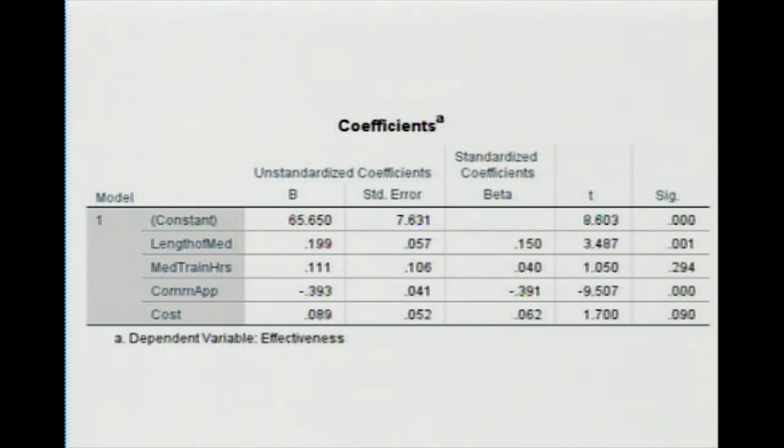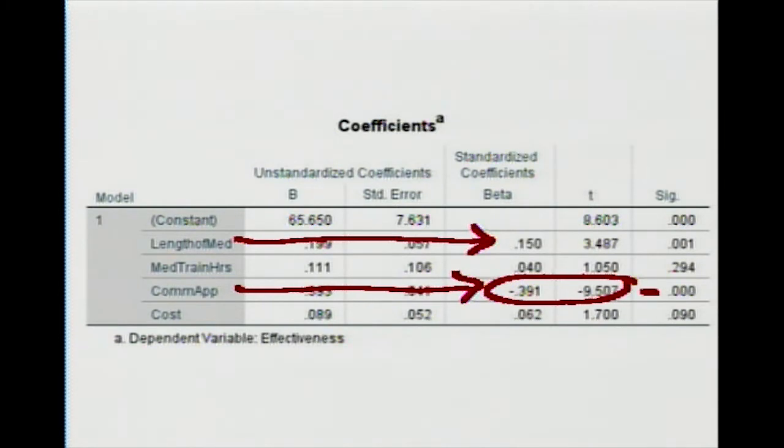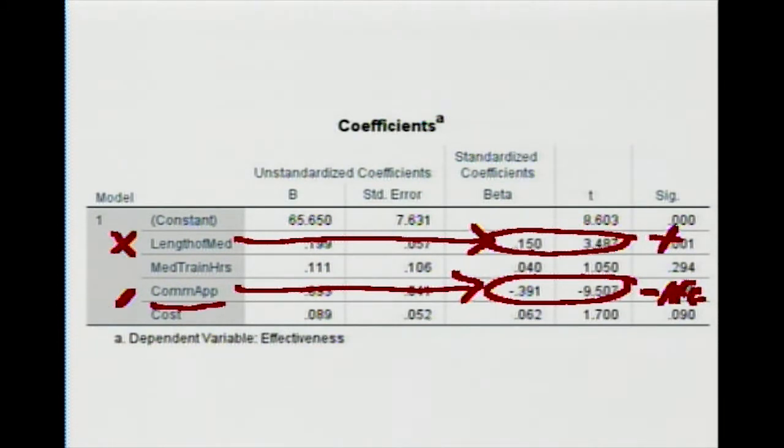Now let's go back to our significant predictors, and that's these right here. We have length of mediation, and then we have communication apprehension. And there's something very important that you'll notice about these. Here we see a negative sign, and here a positive sign, right? That's very important because we see that this is a positive predictor and this is a negative predictor. What does that mean? That it accounts for the variance, the change in the dependent variable, but they have a negative relationship for communication apprehension and a positive one for length of mediation. So we'll talk about that a little more in a second.